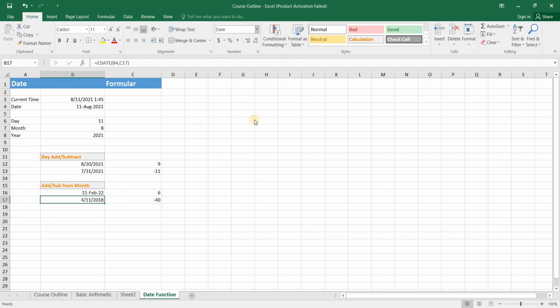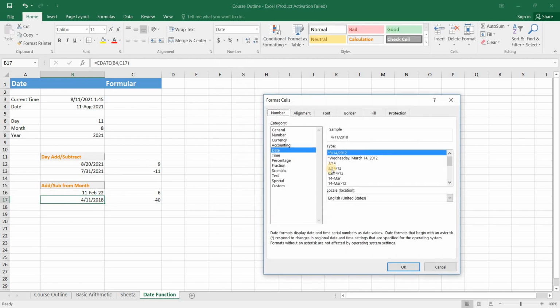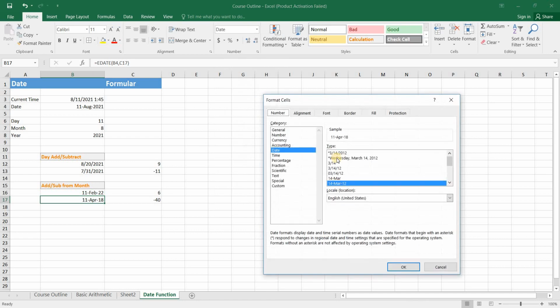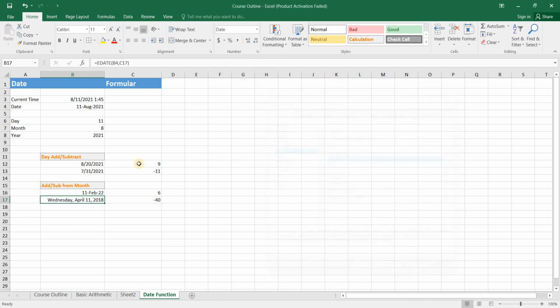Let me change the date format to something like this. Let it tell us the date itself. So if you subtract 40 months from today, you will be in April, Wednesday, April 11,